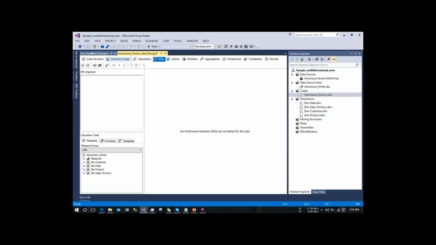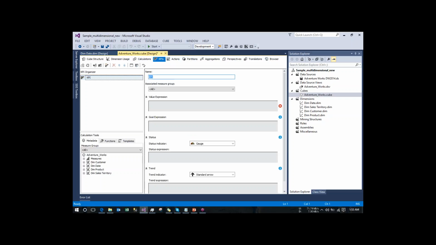So we know we did something on these three tabs. Now we'll continue on the rest of the tabs. So we will try to cover all the tabs today. So here we will have a new KPI like we did in our SSAS tabular modeling, but the same thing we will be creating here, but there are some different UIs. So as you can see here, there are some different icons. So there is this create a new KPI. So when we click on it, a window will open,